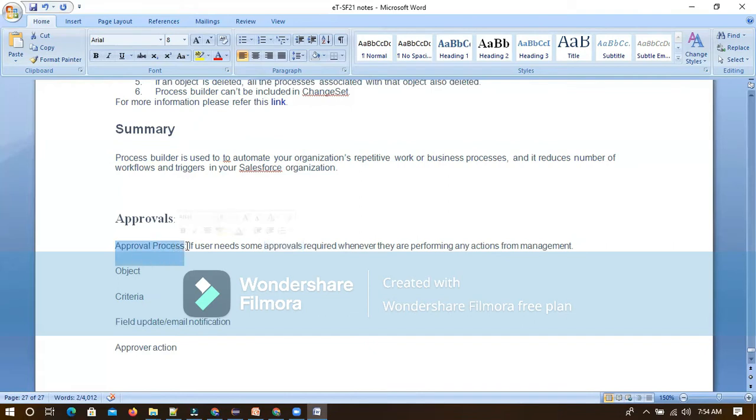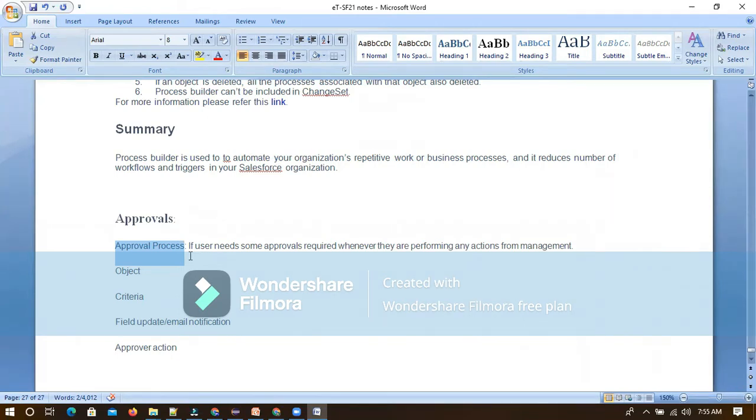We will have one button, Submit for Approval. Individually we can't see that button immediately when we create a record. But if we create an approval process on the object itself, let's say I'm working on opportunity and I have created one approval process for the opportunity, then only will that button be enabled. Then the user can come to that individual record and click Submit for Approval. Then it will go for the approvals.